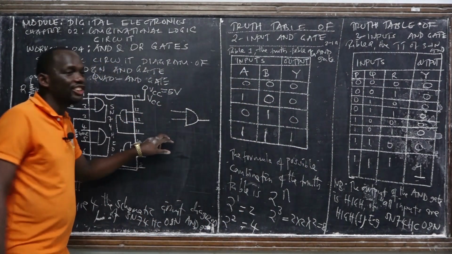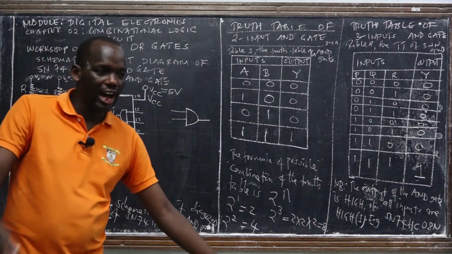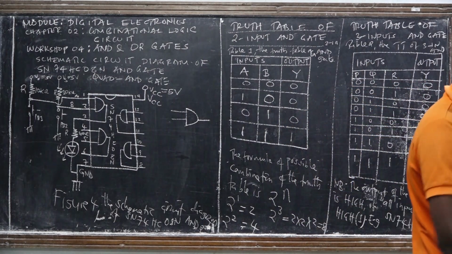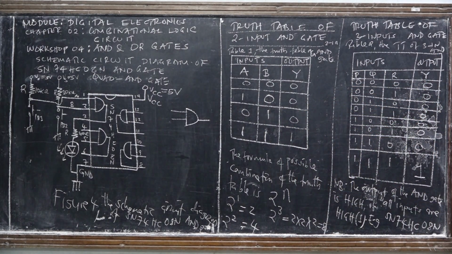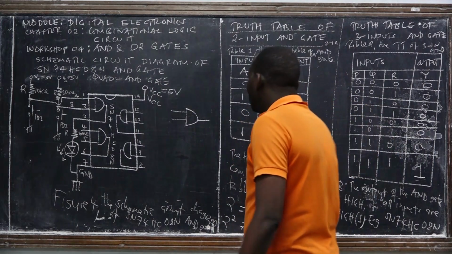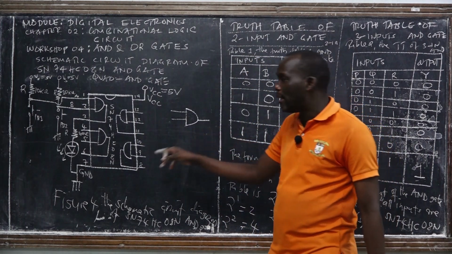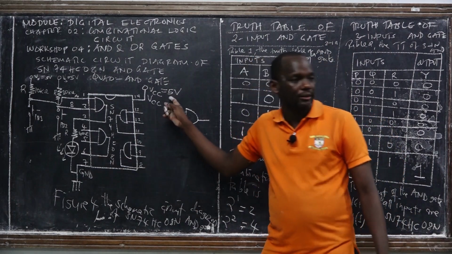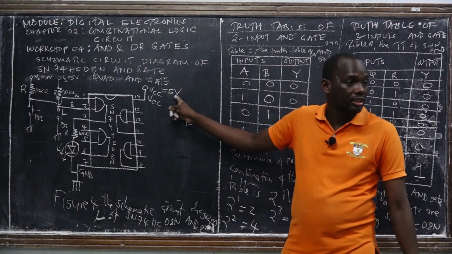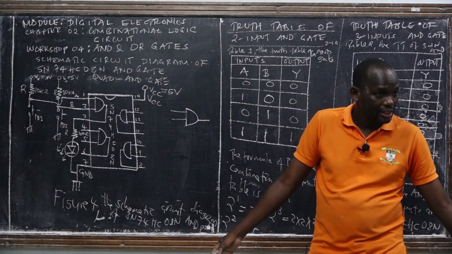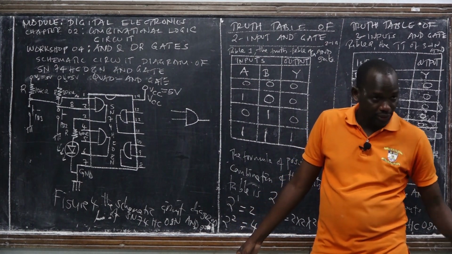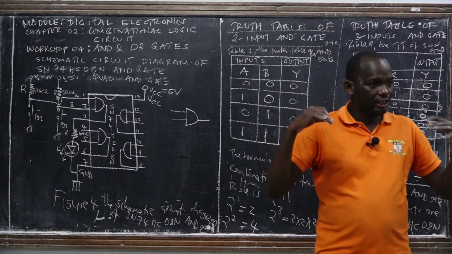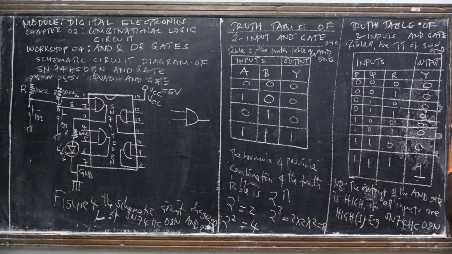So this is the schematic symbol of the AND gate, single AND gate. But AND gates exist in integrated circuit or IC, right? Because there are 2 inputs and 1 output, and remember that these ICs have 14 pins, 2 pins for power, 1 for ground, and the other one is for the positive power supply. Are we together? Then I drew the physical appearance of the different AND gates within a single